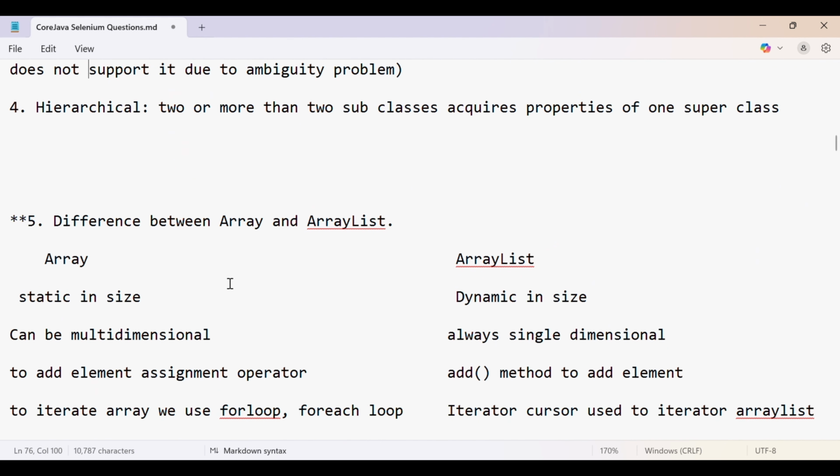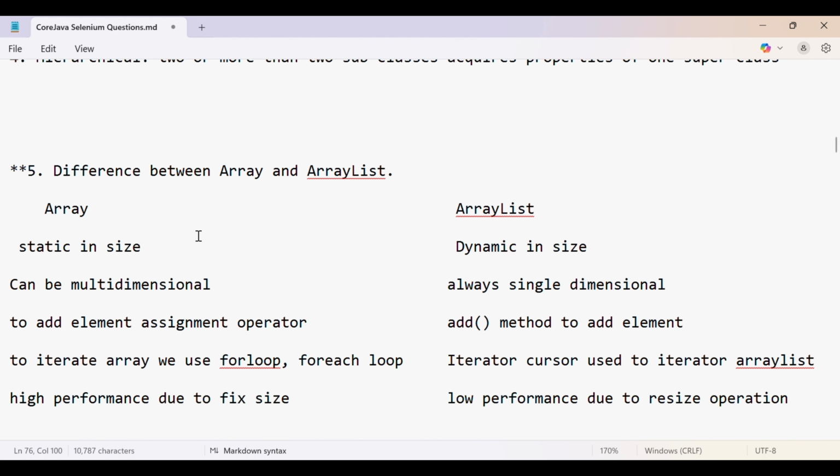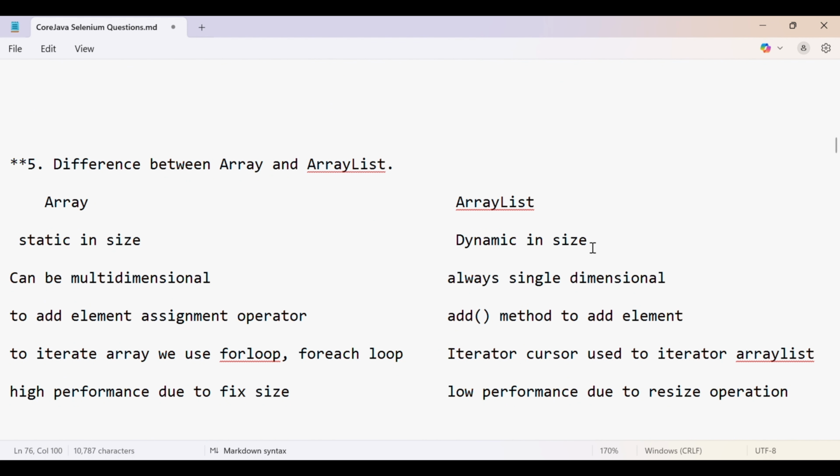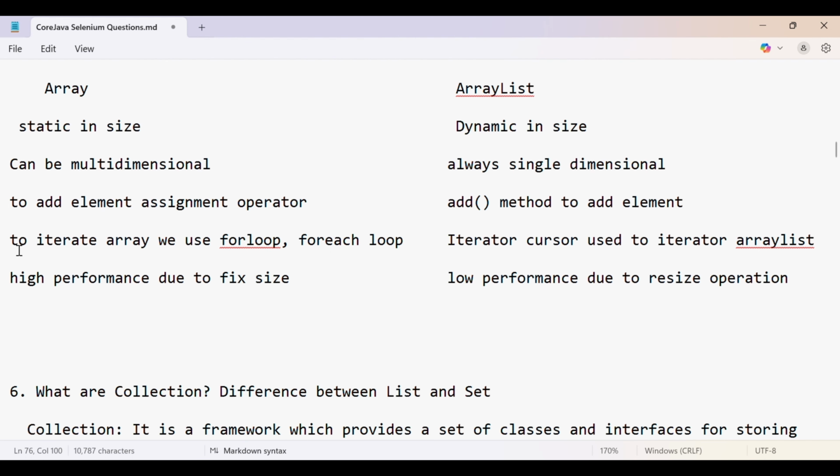Next question is the difference between array and array list. Array is static in size, array list is dynamic in size. Size can increase in array list, but in array it's static. Array can be multidimensional, but array list is always single dimensional. To add elements inside the array we have the assignment operator,